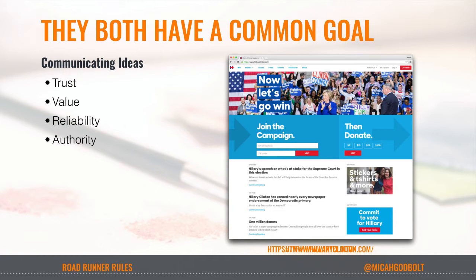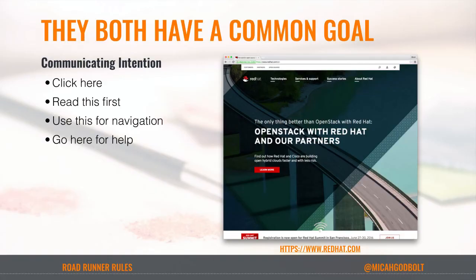Now, a website is not just a pretty picture or some kind of a poster, but it's actually an interactive experience. You're actually going to interact with what you're putting on the screen. And so one of the other goals that this has is to communicate intention. We want our visual language to speak to the user to say, this is what I would like you to do. I spent the last 2.5 years before Microsoft working at Red Hat, and this was one of the pages